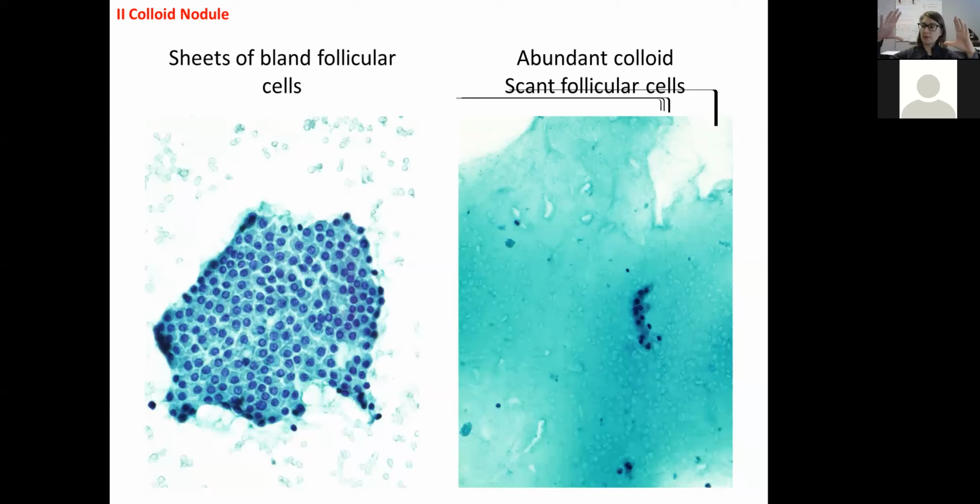The follicles can either be very large or very small. If you tore a chunk off of a large follicle, it might end up like a sheet. If you're aspirating very small follicles with little colloid, you're probably going to end up with little rosette-like structures, which we'll see in the future. So these large sheets and swaths and swaths of colloid imply